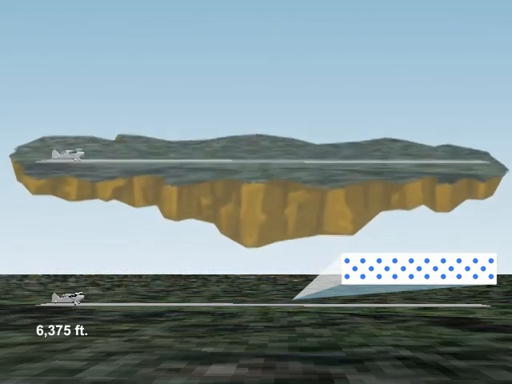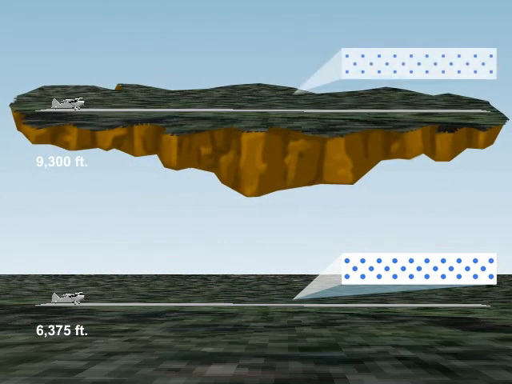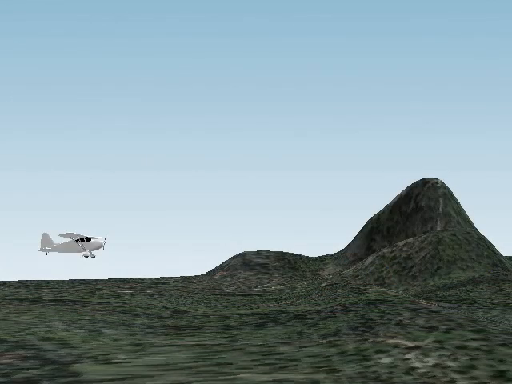It is this low-density, 9,300-foot-like air that affects aircraft performance and has significant impacts on the lift generated by the wings, the efficiency of the propeller, and the power output of the engine.